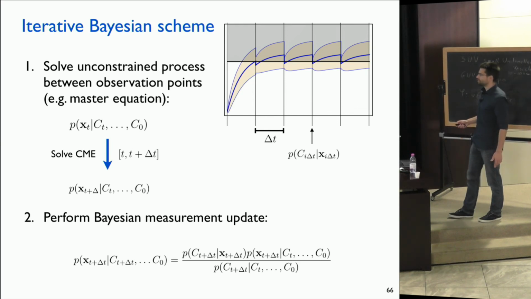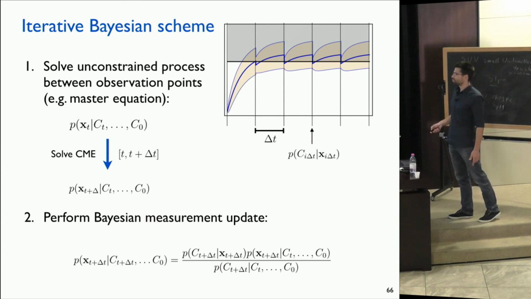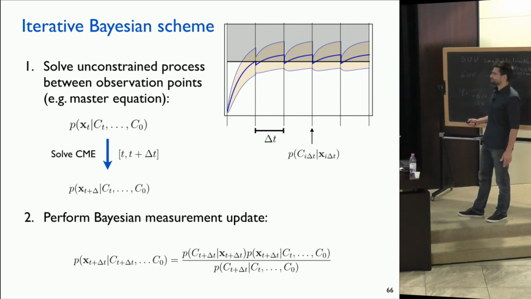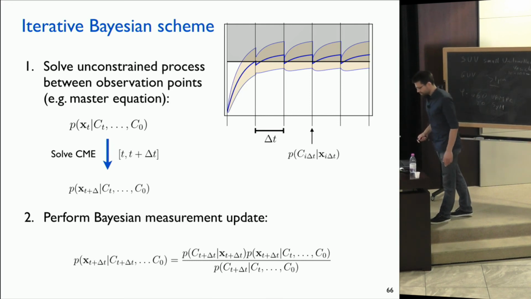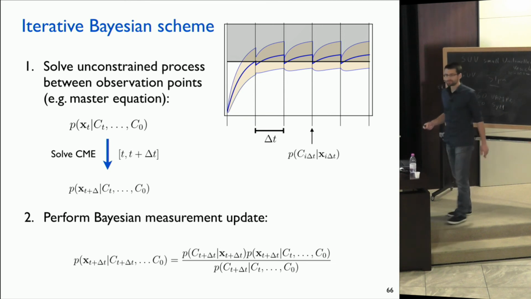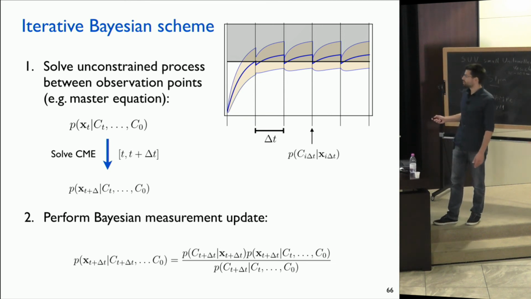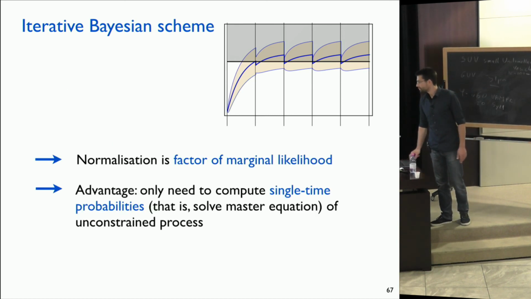Then, if we arrive at the next measurement point, we have to take this one into account, which we do by a Bayesian measurement update. This gives us the posterior distribution at this time, taking all the previous time points and the current time point into account, which we get by multiplying the predictive distribution with the observation model and normalizing. The normalization factors here are just the single terms that we had in the factorization of the likelihood. So if we solve this problem iteratively forward and keep track of the normalizations, we can compute the likelihood.